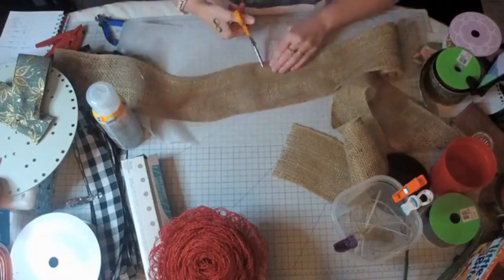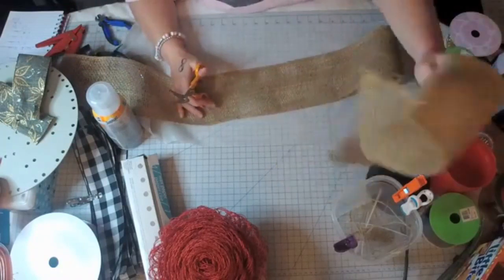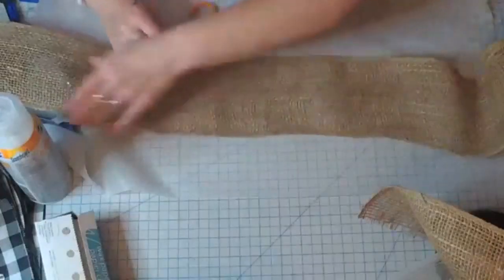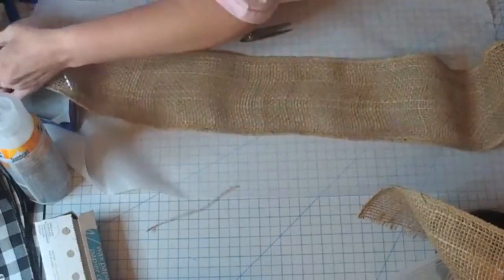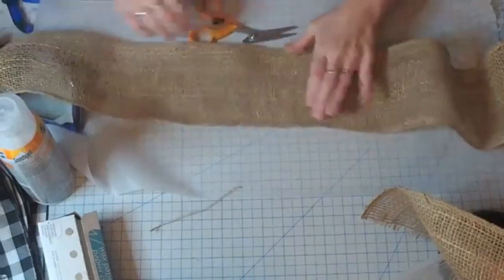And what you want to do is go, Dave, if you can get a close-up of what I'm doing here. I'm not sure, you can't see the picture, so. What you want to do, hold on. So we want to keep